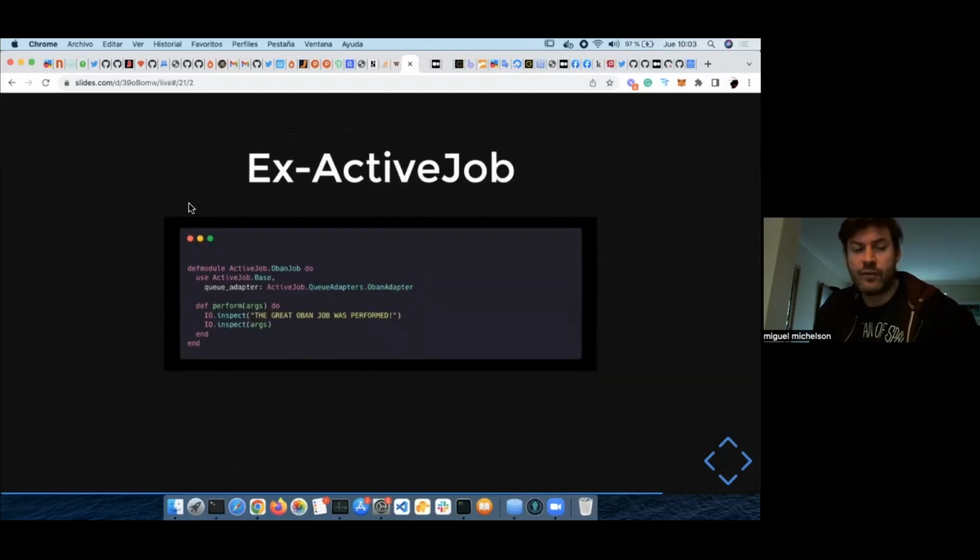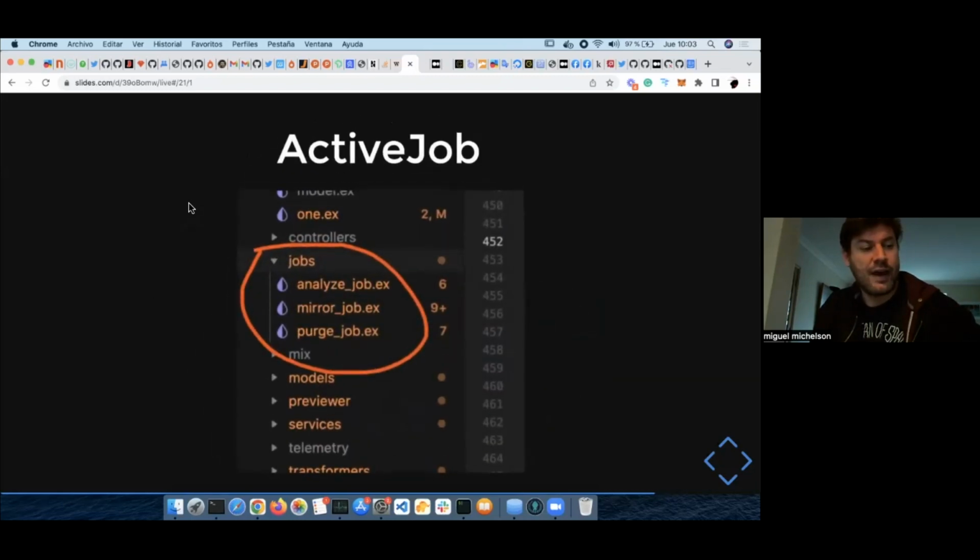ActiveJob is a Rails framework for declaring jobs and making them run on a variety of queuing backends. In the Ruby world, there are Sidekiq, Resque, Delayed Job, and many more.